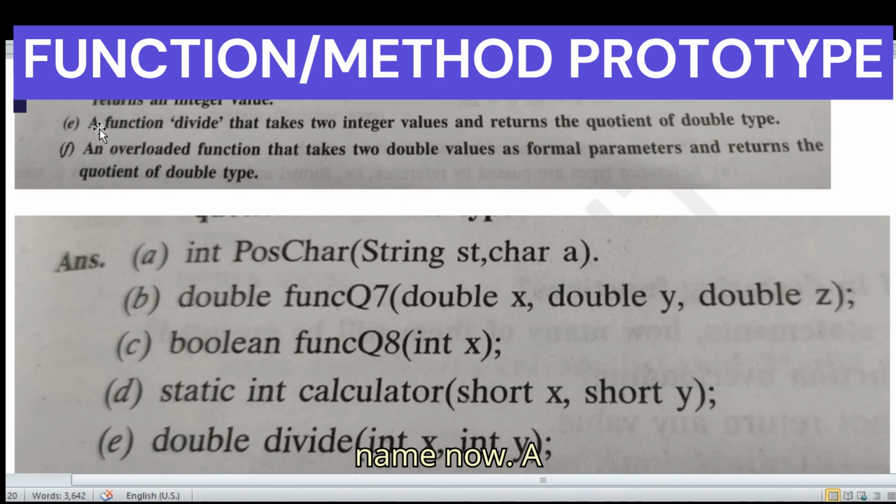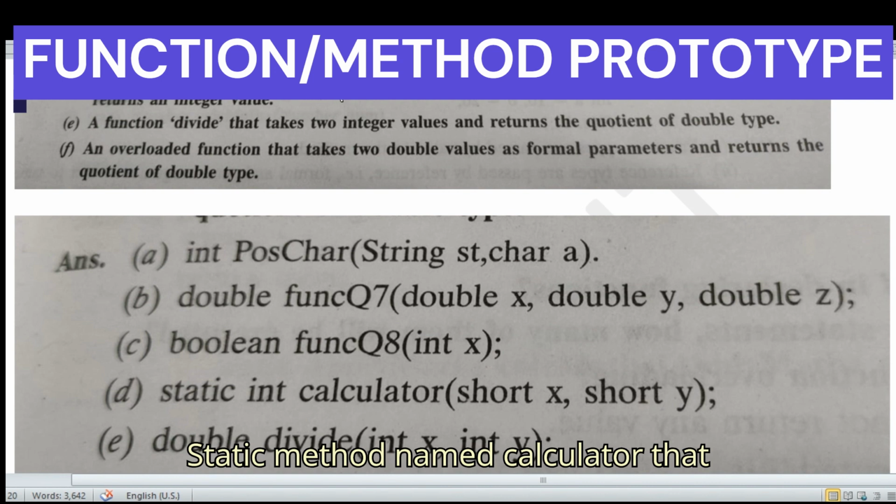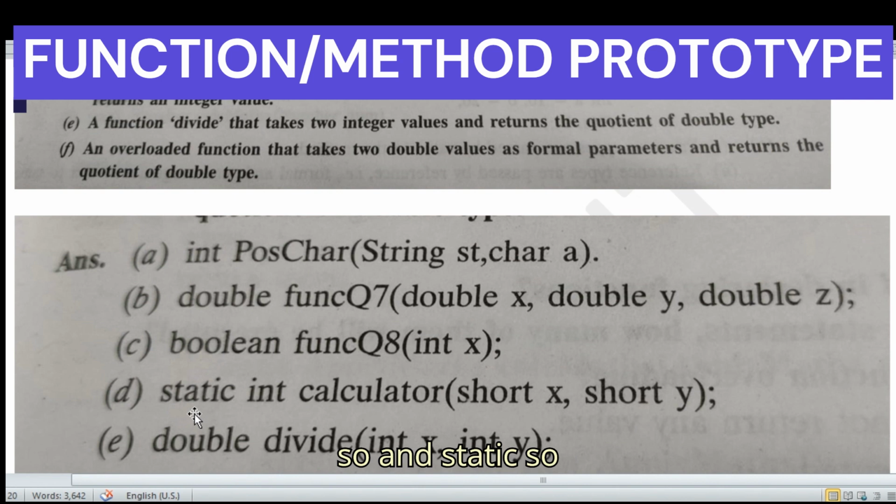Now D, a static method named calculator that accepts two short type variables as its argument and returns an integer value. Returns an integer value, and static, so static int. Function name is given, calculator, so write calculator.